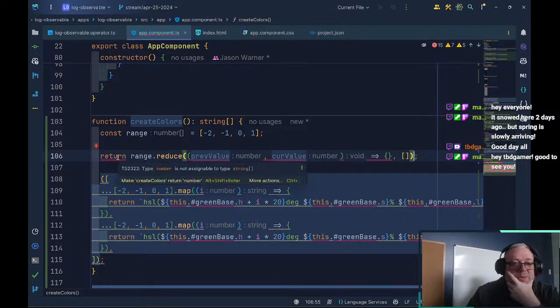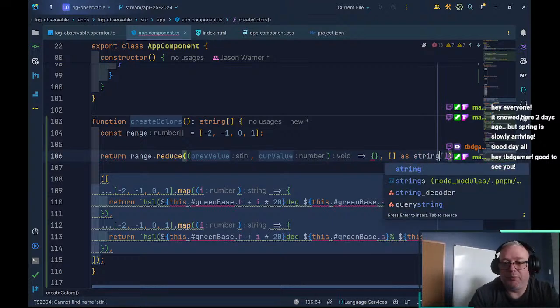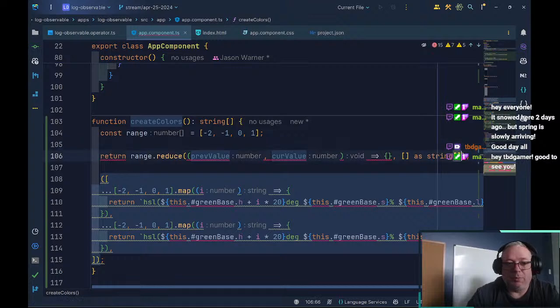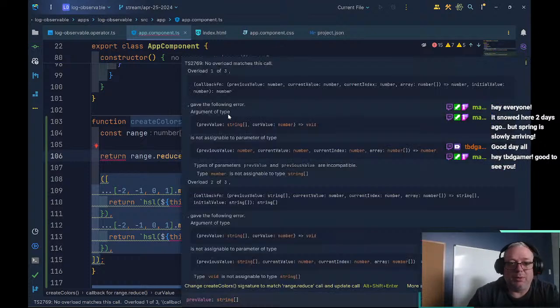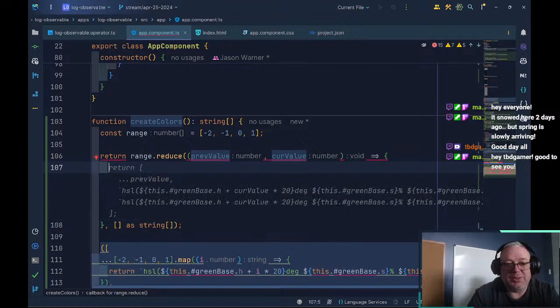It doesn't like my return statement because number is not assignable to type string. Right, it is not. But we can cheat and just say, hey, this is a string array. This value, current value will be a number. Type number is not assignable to type array. Anyway, so inside of here, now what we can do is